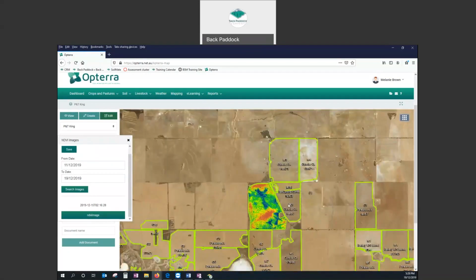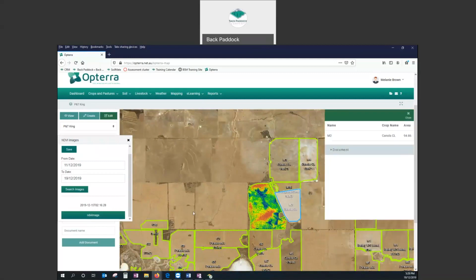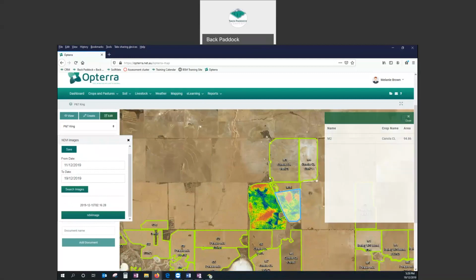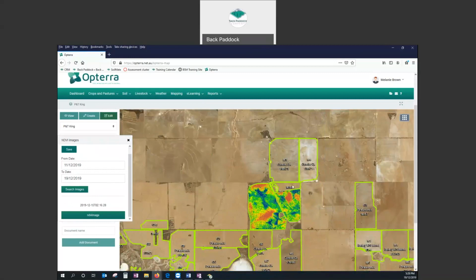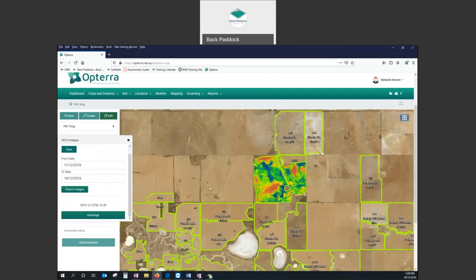I can do that for as many paddocks as I want. So if I click on the next one, same date range and search images, click the next image to load it, and then click off, and then I've got it for a couple of paddocks at a time. If I wanted to save that NDBI layer so that next time I wanted it, all I had to do was load the layer rather than assign the NDBI images to the paddocks again,